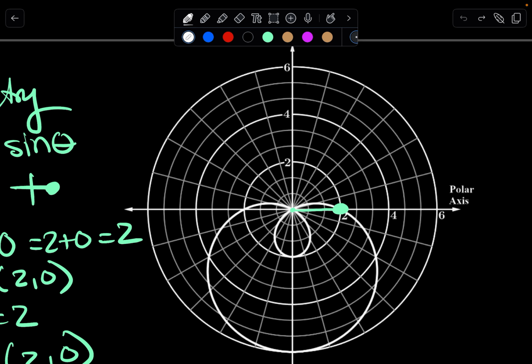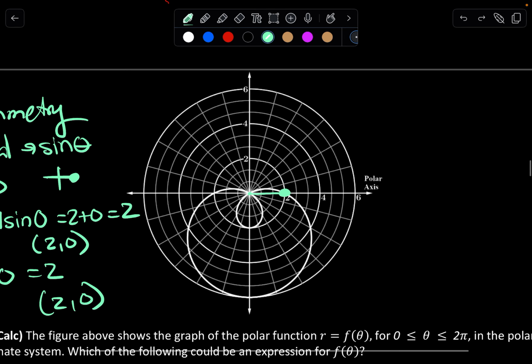For inner loop curves, your negative radius is going to occur here. So the inner loop will be the negative radius because we're passing the pole. Anything that's not in the loop will have a positive radius. All right, so let's see what happens. Let's try pi over 2. So when theta is equal to pi over 2,